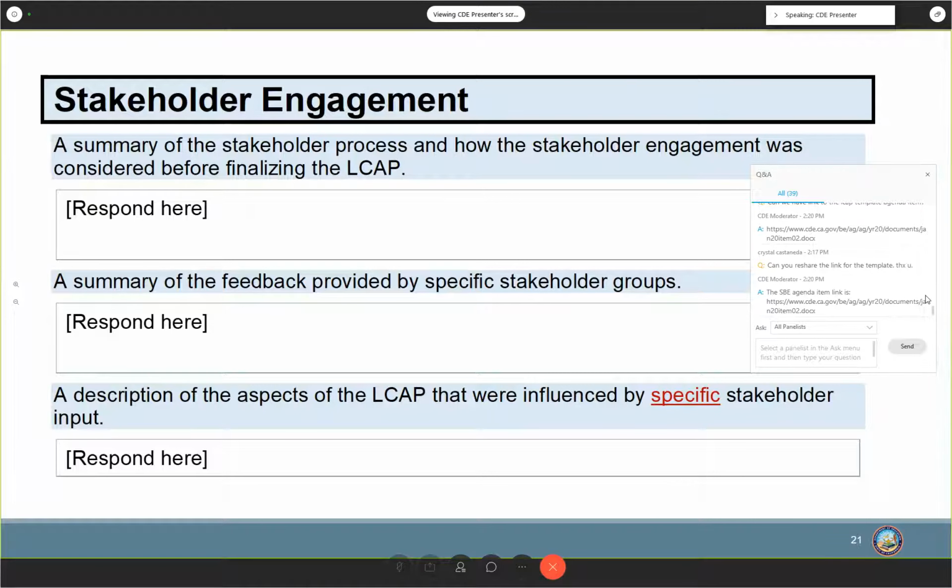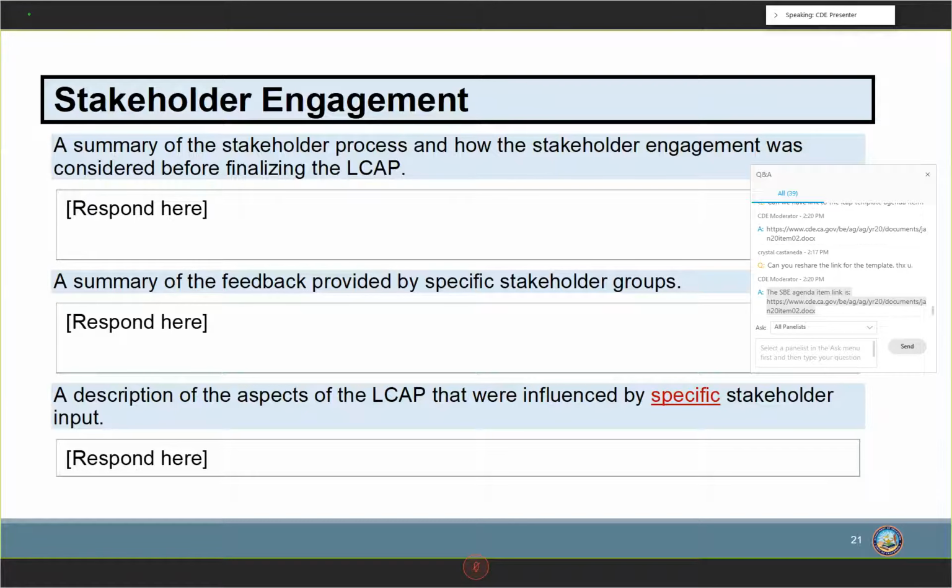And it's really important to point out here that this section is designed to reflect how stakeholder engagement influenced the decisions reflected in the adopted LCAP. Now, as with other sections, the instructions for this section outline the general purpose for this section and provide the related instructions and the requirements for completing or addressing these prompts. Furthermore, the instructions include a link to a web page that you will see that provides additional resources for stakeholder engagement. In terms of prompts, the stakeholder engagement section includes 3 major prompts.